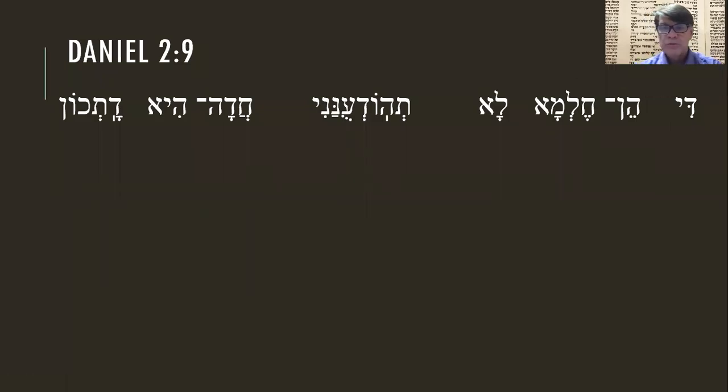We are in Daniel 2:9. And if you remember, the king has been basically saying, if you guys can't come up with an interpretation of my dream, I will. So that's where we're at. And so we're kind of in mid-sentence here. The king has just said, you're stalling, but know this, that, di, hen, that if,